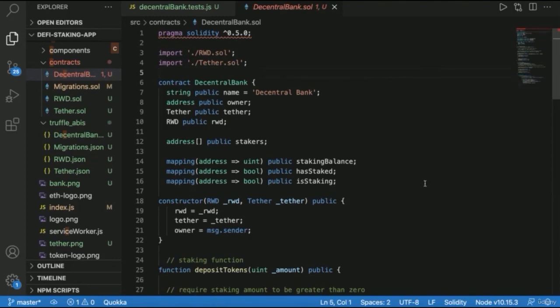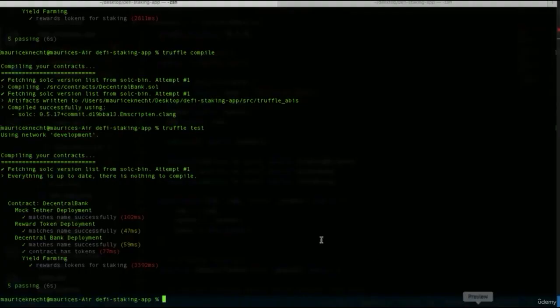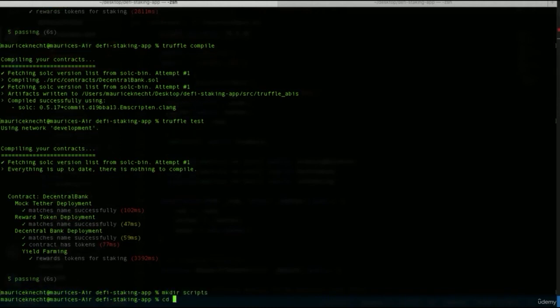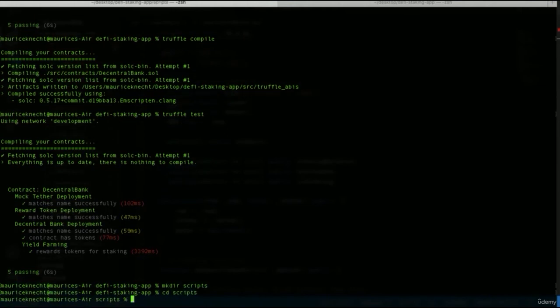So the first thing we want to do is go back to our DeFi staking app in the directory. We want to make a new directory from there. So mkdir space, and we want to call it scripts. And now let's cd into scripts. And here we're going to make a new JS file for issuing the tokens. So we can just say touch issue tokens